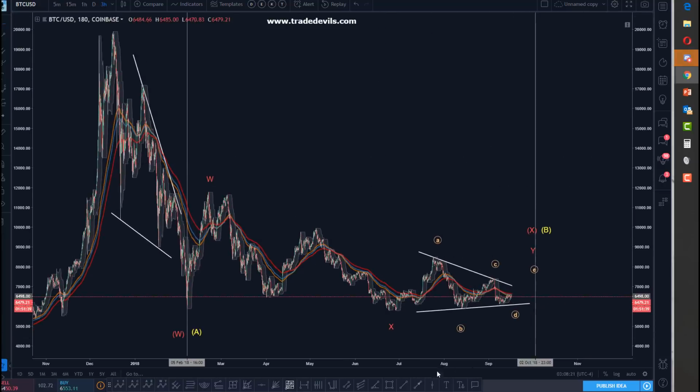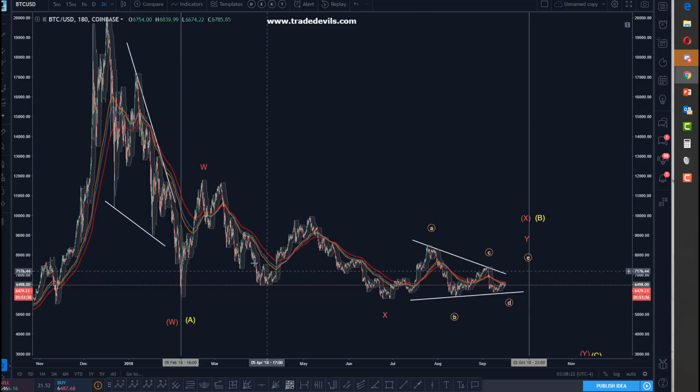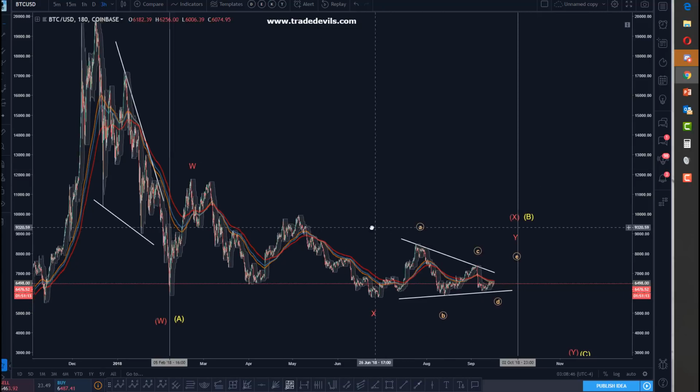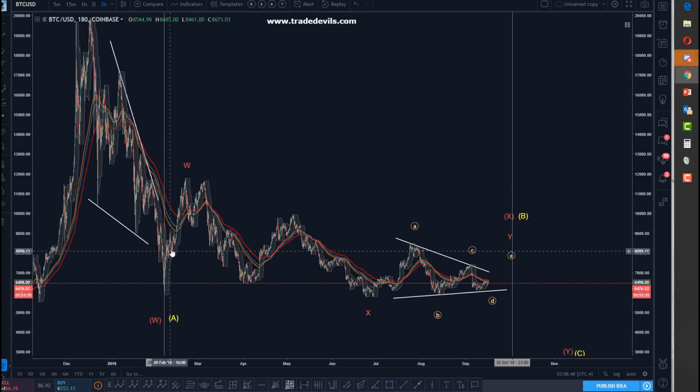Let's talk about this one. First of all, this W has been measured as a clean zigzag so many different times, I'm not going to do it again, other than to say that this C leg is 1272 of the A leg almost to the tick. A very, very likely measurement for a C that is going parabolic like this, right? If it was motive and it's going parabolic like this, it would have ended at 1618 or higher. It didn't. It stopped at 1272.